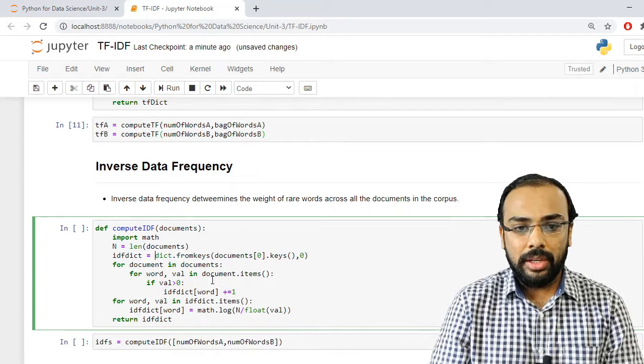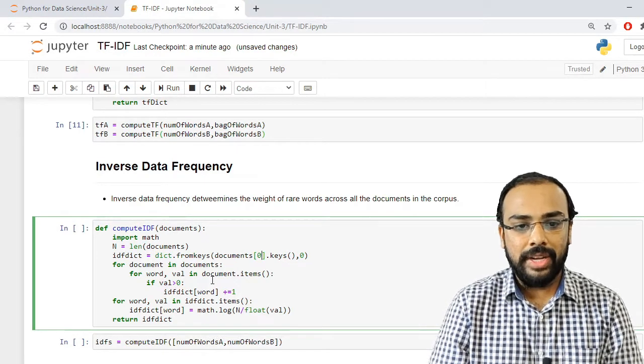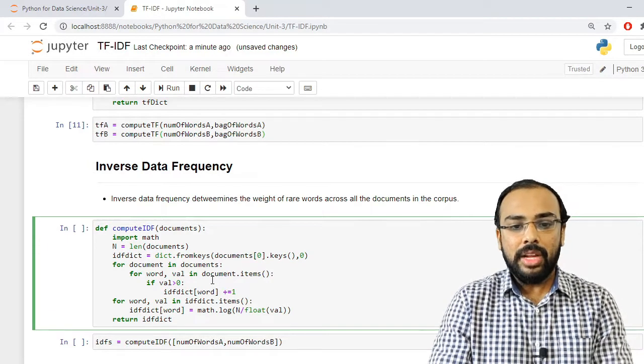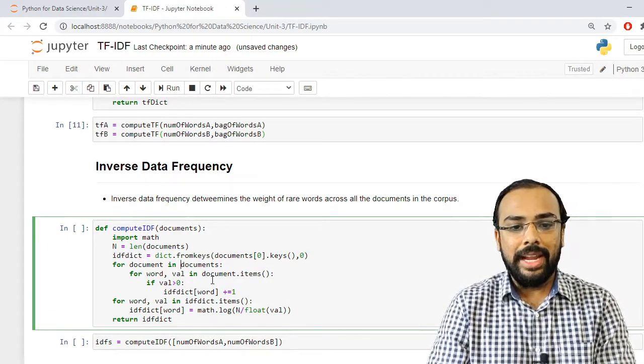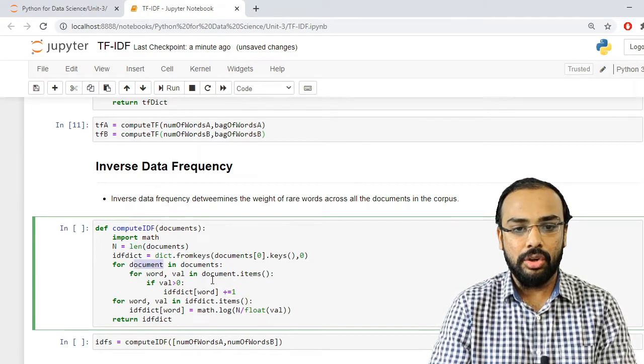Now I am creating an IDF dictionary. I am traversing my entire document and storing it one by one inside a variable which is named document.